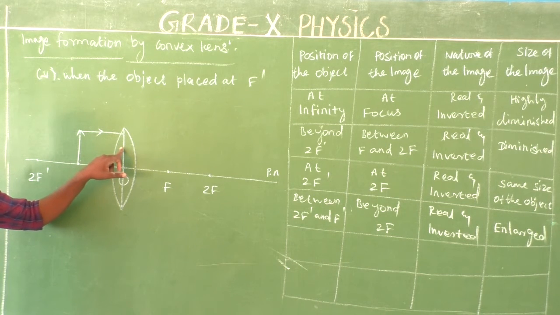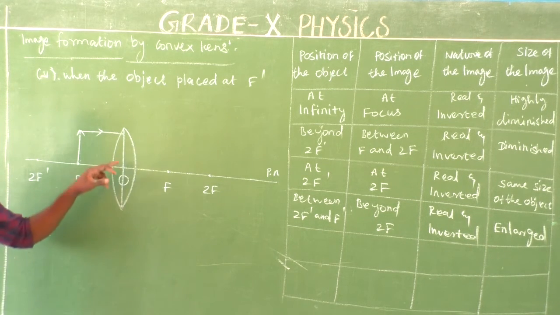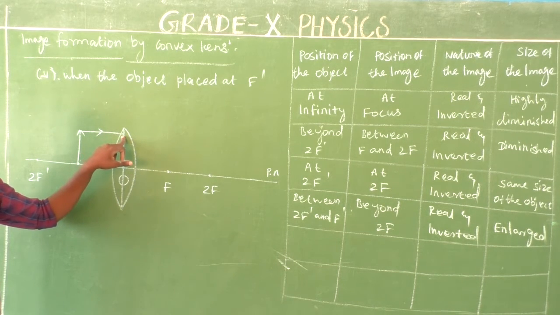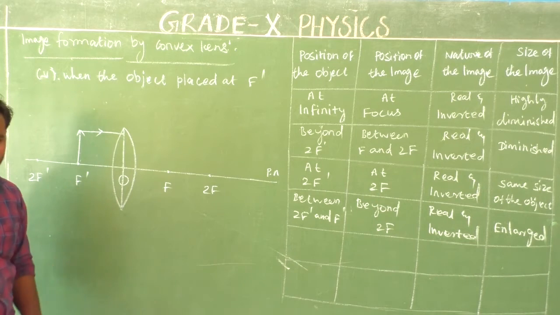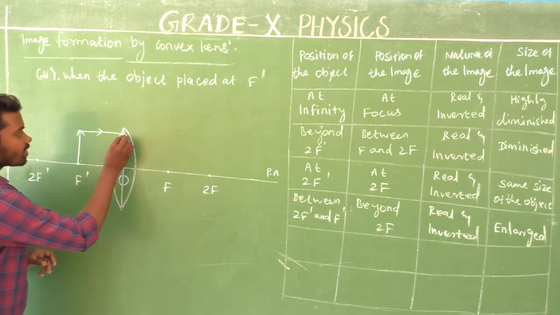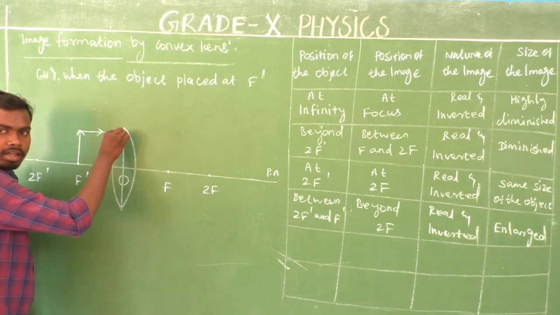Here, now we can use the first rule. Is it clear? So consider the ray of light which is parallel to the principal axis. That ray of light will fall on the surface of the convex lens. What is the next move? That ray of light has to enter into the convex lens, because the convex lens is made up of transparent material. Is it clear? Yes. Here refraction takes place inside the convex lens.